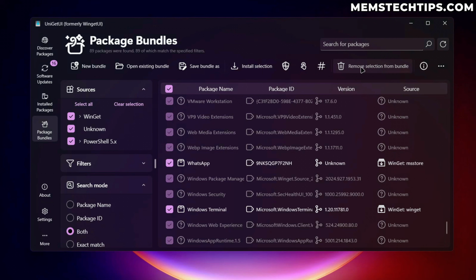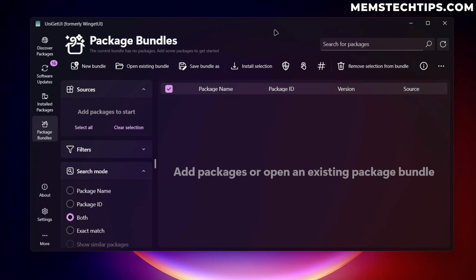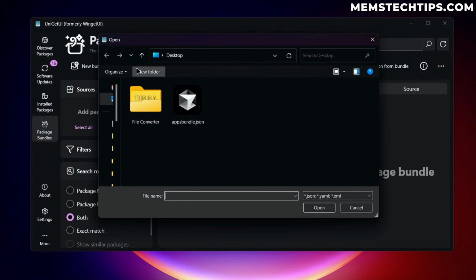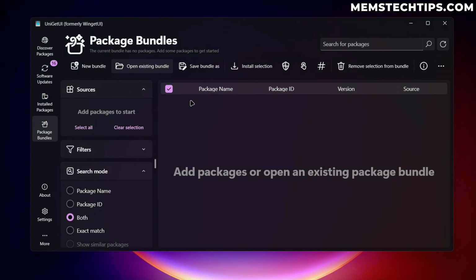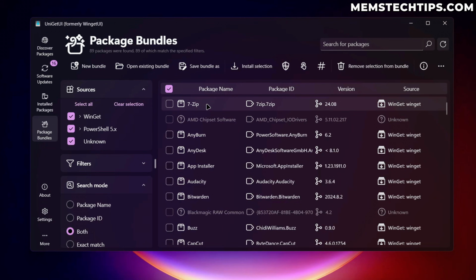So I can basically now remove all of these selections from the bundle. And let's say as an example, I just formatted and reinstalled Windows completely and I have no apps on the system. I can now basically just go ahead and download and install UniGetUI. Then I can just go ahead and click on open existing bundle. I can select this apps bundle file, and I'll have all of the packages or apps that I had installed previously ready to go for me to just select all of them